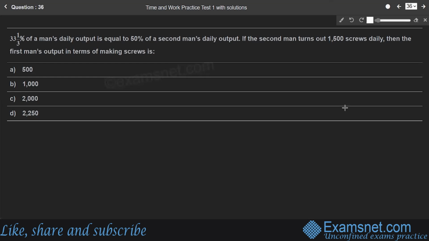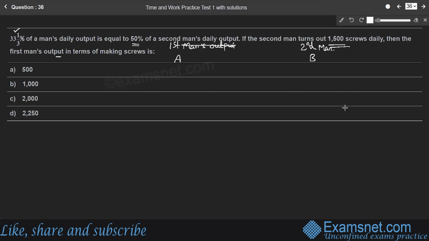Question 36. 33 1/3% of a man's daily output is equal to 50% of a second man's daily output. If the second man turns out 1500 screws daily, then the first man's output in terms of making screws is. So we'll consider two persons, A and B, and their outputs. First man's output as A, and second man's output